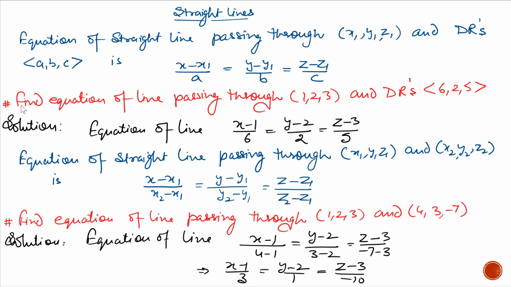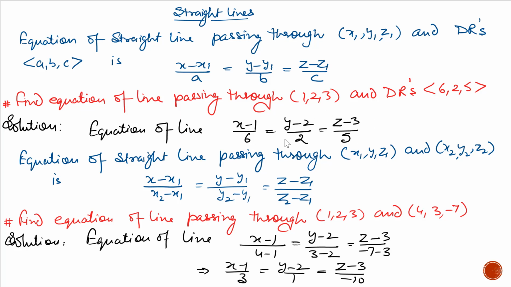We will explain with the help of an example. Find equation of straight line passing through 1, 2, 3 and direction ratios 6, 2, 5. Here point x1, y1, z1 is 1, 2, 3 and direction ratios a, b, c are 6, 2 and 5. So the Cartesian equation of line is (x minus 1) upon 6, (y minus 2) upon 2 and (z minus 3)